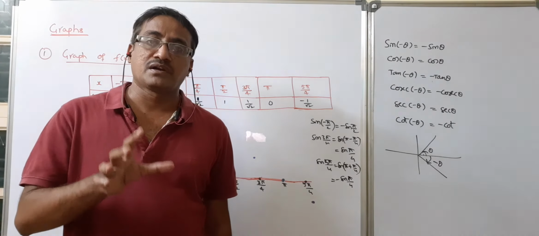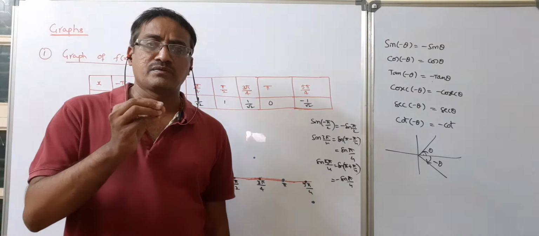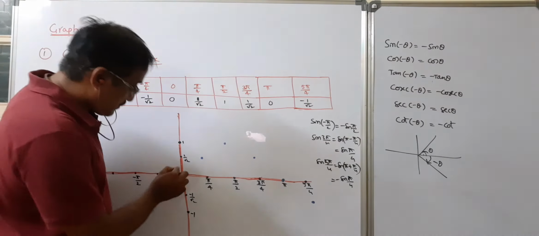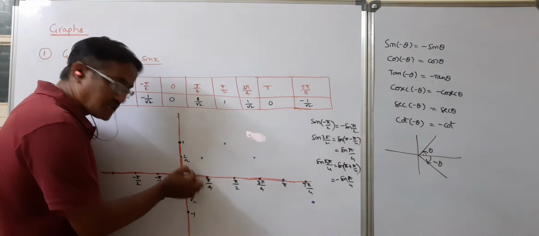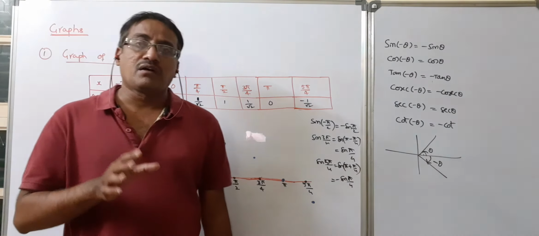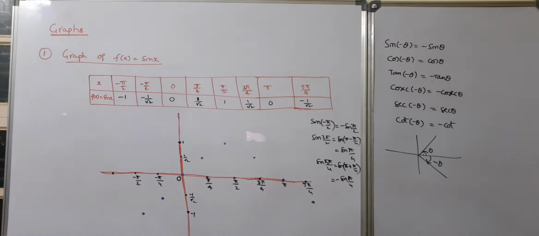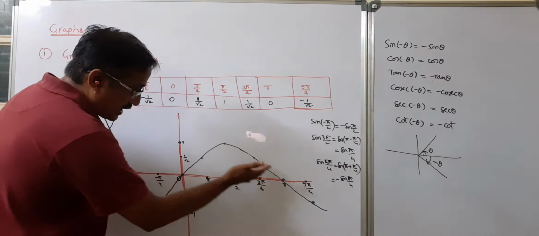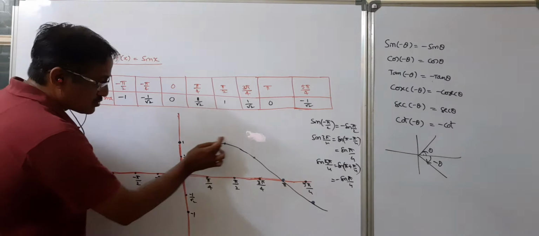The graph of the function must be a smooth curve because it changes its values according to very small change in the given value also. So if you change the given value just here, the value of the corresponding function also changes. So the graph must be a smooth curve. So this is the graph of sin x. You need to join the values like this, and remember that it does not look like a straight line. It is a smooth curve.